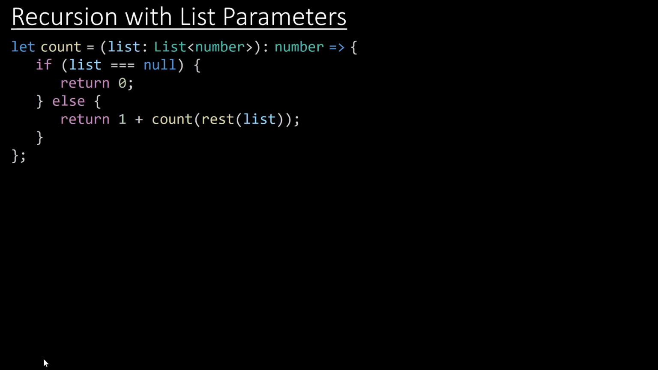Let's explore a function that will process a list of numbers recursively. Here we have a function named count, and the purpose of count is to count the number of items in a list. The way that we start reading a function is we want to take a look at what are its parameters. Well, in count's case, count has a single parameter named list, and its type is a list of number values. So this will be a function that we give a list of number values, and its return